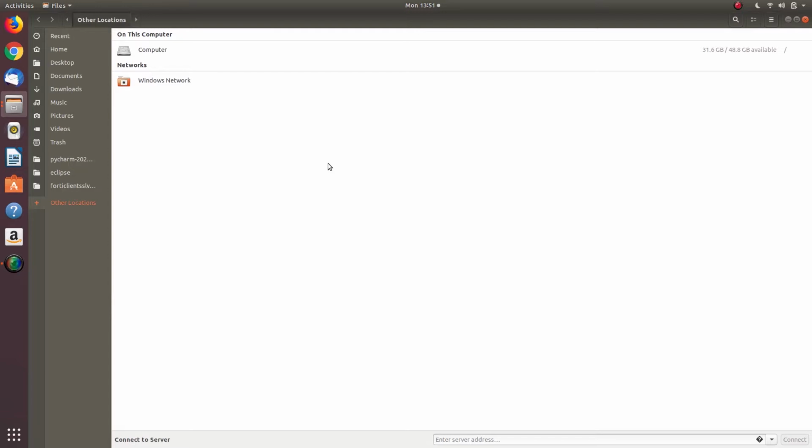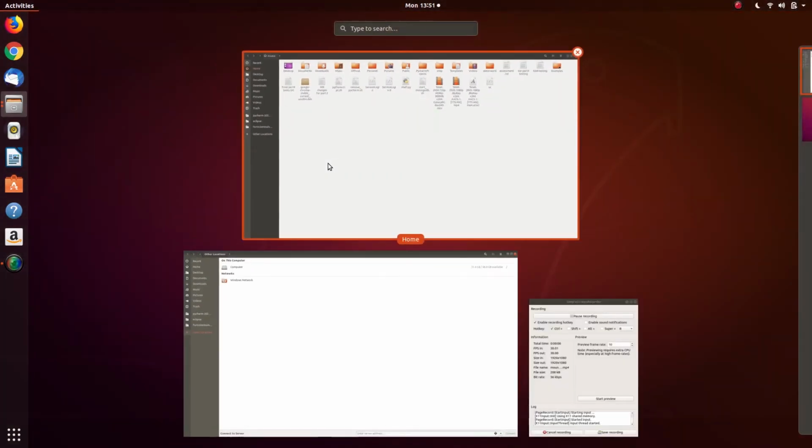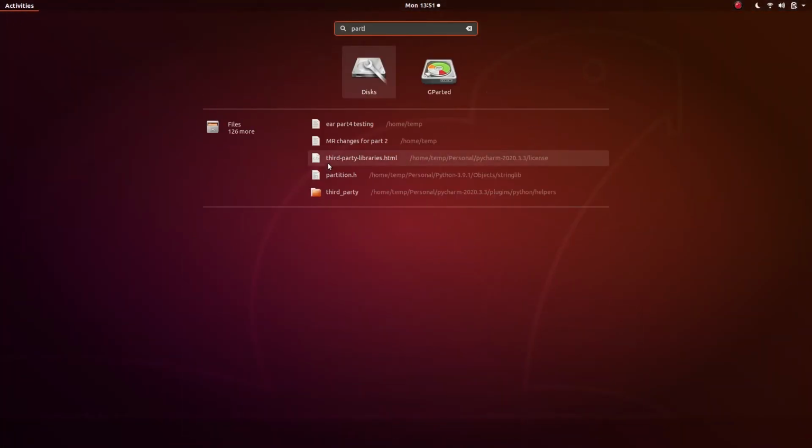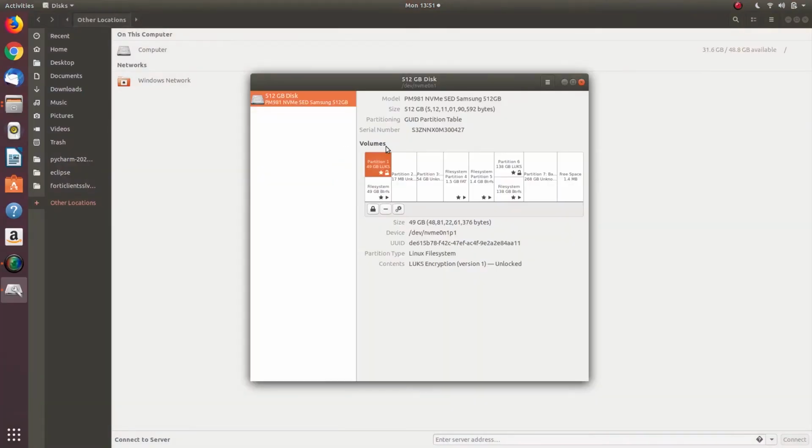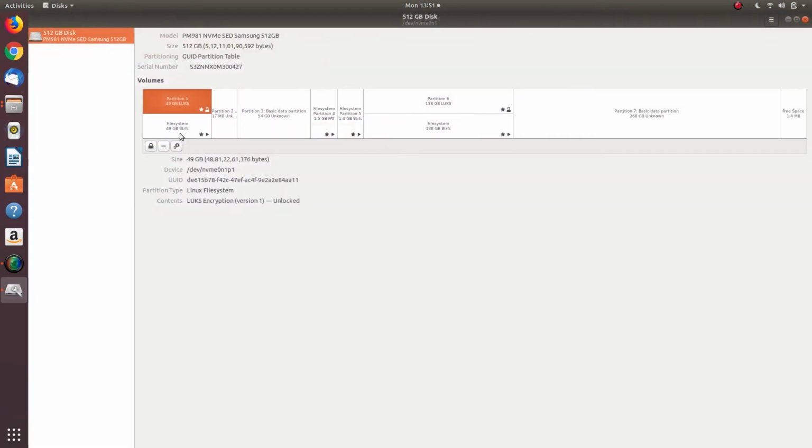In today's video, let's see how to mount NTFS drive in Ubuntu. Ubuntu normally uses ext, ext4 and FAT32 file systems. If you have been dual booting Windows and Ubuntu in a single machine, you may have wanted to use a Windows drive in Ubuntu. Windows uses NTFS file systems.